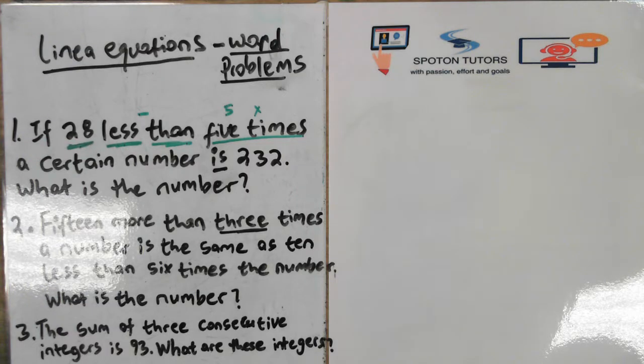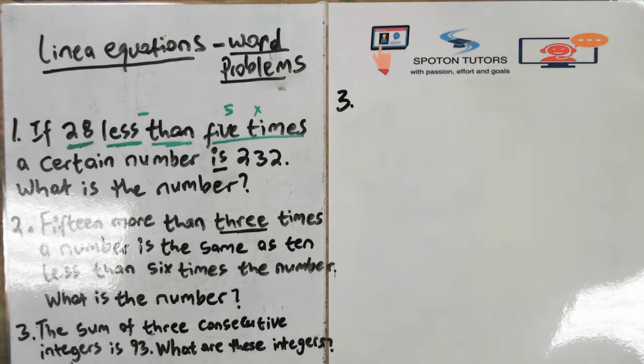Okay, now let's look at the third question. What does the third question say? The sum of 3 consecutive integers is 93. What are these integers? This is a good question, I would suggest. So,